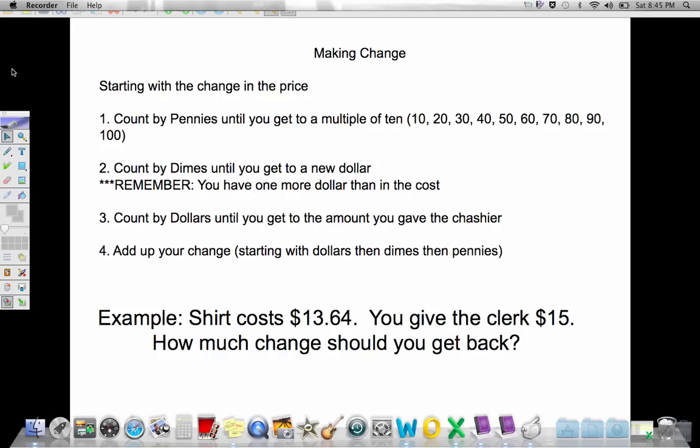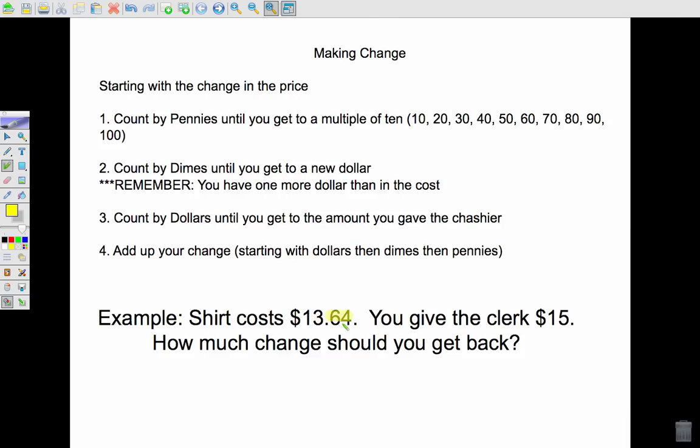Today we're going to talk about how to make change. There's a couple of steps that if you always follow, they'll always end up with the right answer. So, the first thing you want to do is to start with the price, what it is that you are buying. In my example, it says the shirt costs $13.64, so I'm going to start with the coins in my